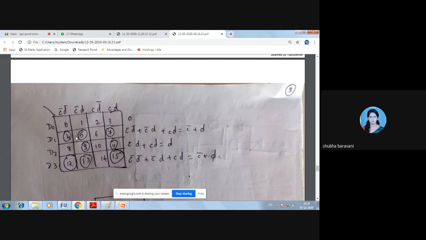So whichever row is not circled, you write 0. Now see this row, it is what? C bar D bar. See here, it is C bar D bar plus C bar D. 5 corresponds to C bar D plus CD. Okay, plus CD. So I am left with C bar plus D. Similarly, D2's row